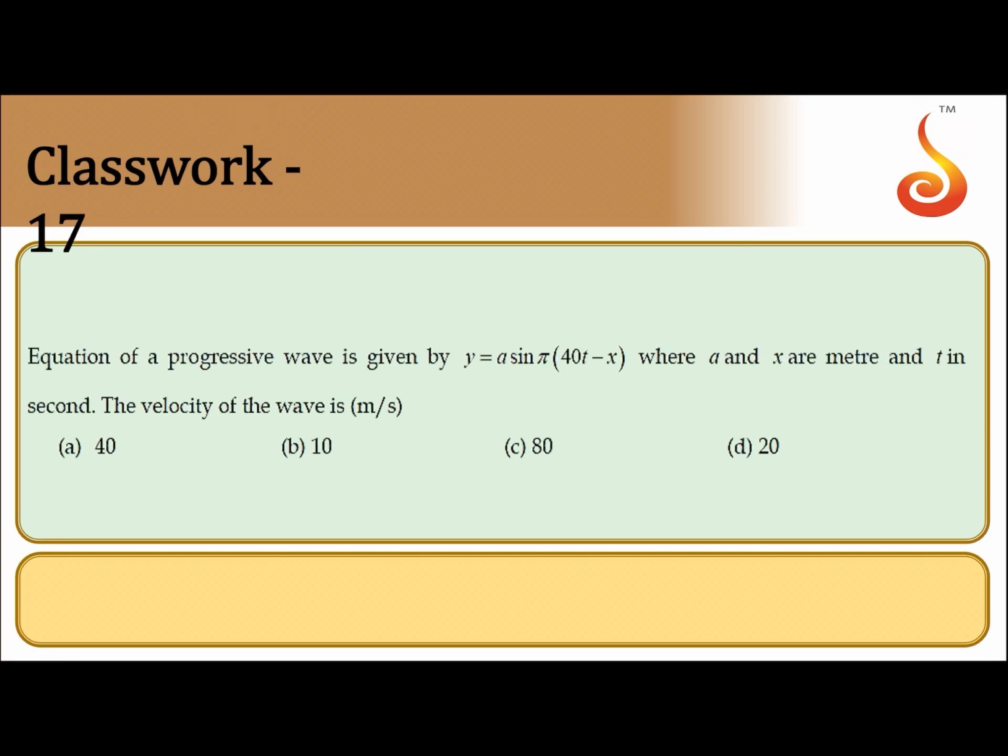Yes, we shall move on to next one. Equation of a progressive wave is given by y is equal to a sine of pi into 40t minus x, where a and x are in meters, t is in seconds. Then velocity of wave is. So given equation is y is equal to a sine of pi into 40t minus x. So multiply this pi into the brackets. So you'll get a sine of 40 pi into t